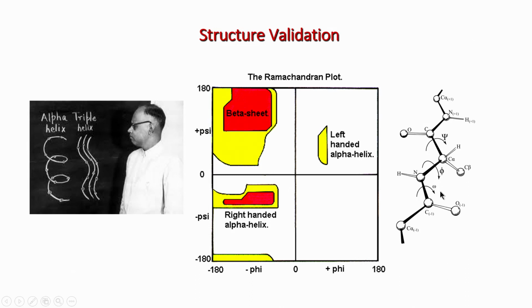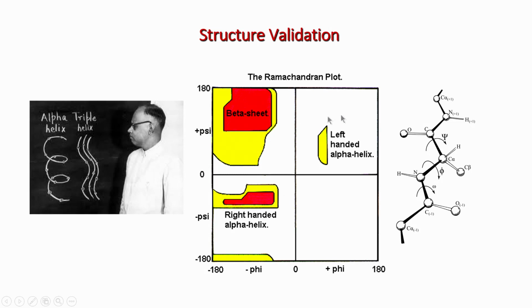This is something we have already seen, and you see there are what are called the torsion angles. This is a torsion angle phi between the HN and H alpha, and this is a torsion angle psi. These phi and psi are very important indicators of secondary structure. He did a lot of calculation on different structures, and found that if this chain is in an alpha helical conformation, then the phi and psi values should fall in this region only. For example, if this is some amino acid lysine in an alpha helix, then the phi and psi of that lysine should be in this yellow and red zone.